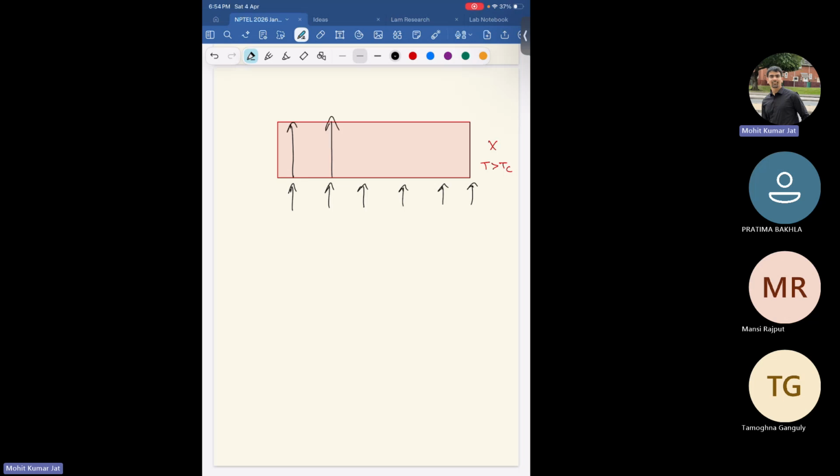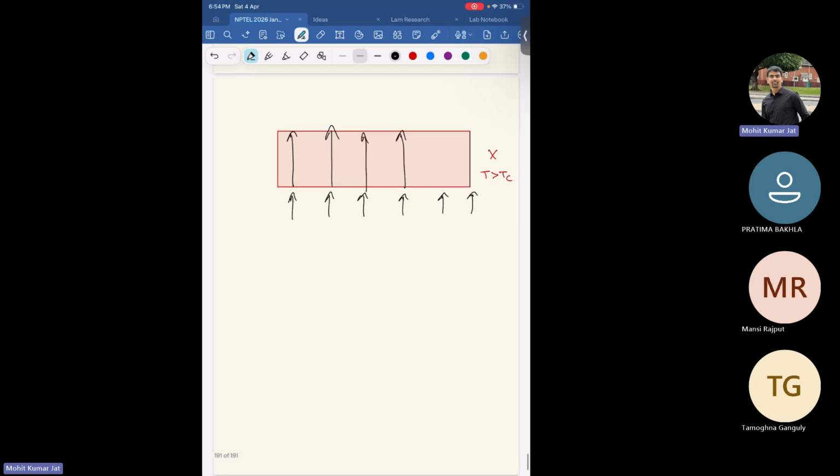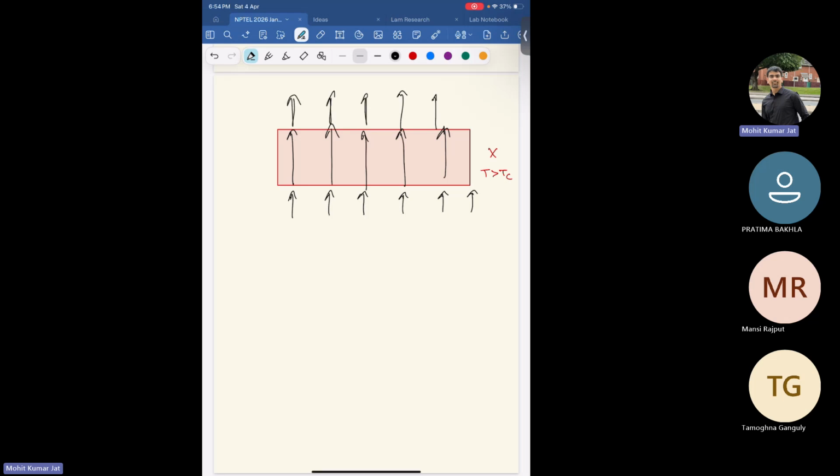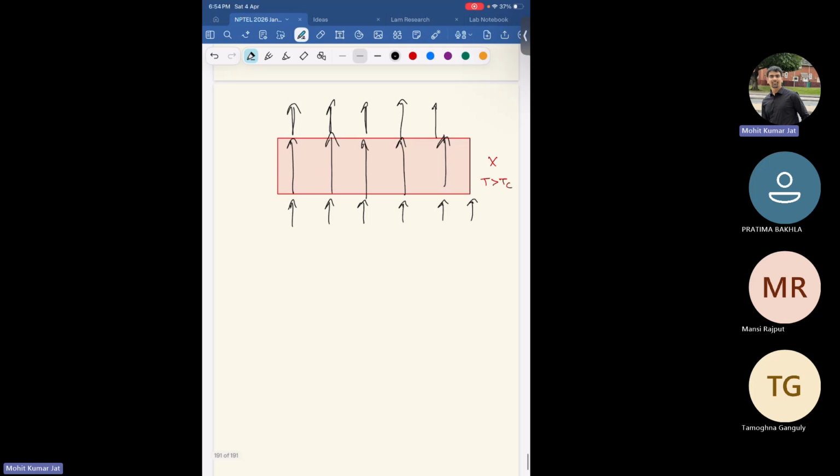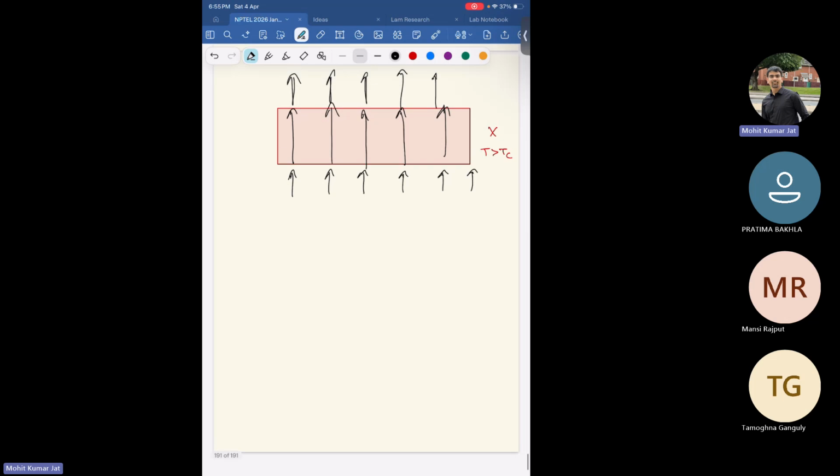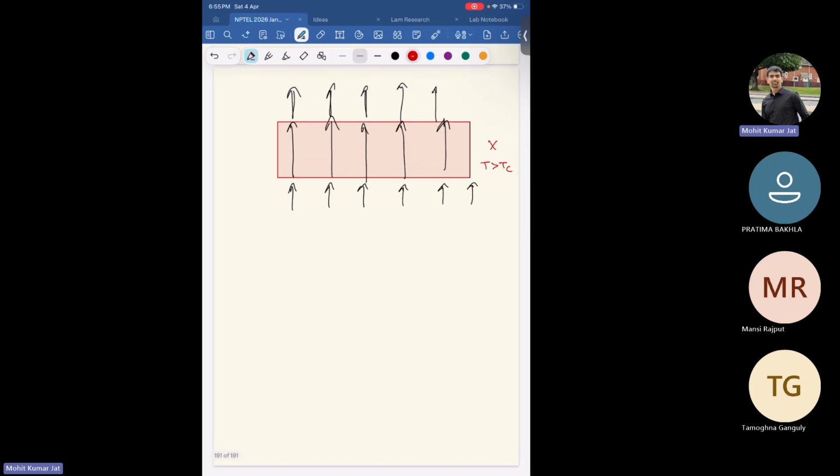Nothing stops them from passing through your material. This is in the case of the normal metal. Some bit of the magnetic field will pass through your material. But if you cool it down below